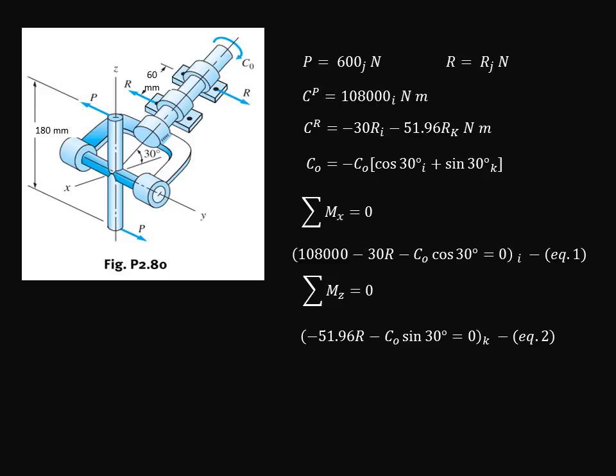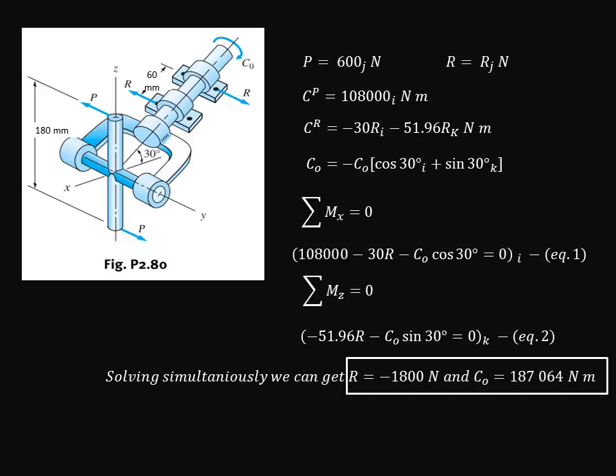Now that we have two equations, we can now solve for the two unknowns, which are: force R is equal to 1800 Newton, since it is moving further from us, and C sub O is equal to 187,064